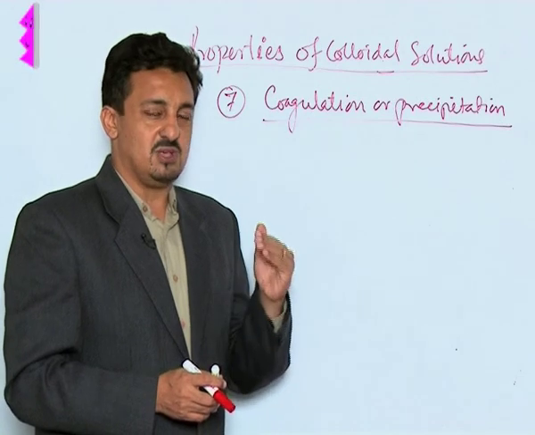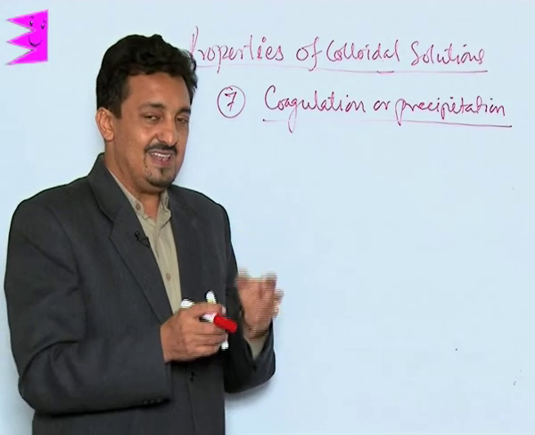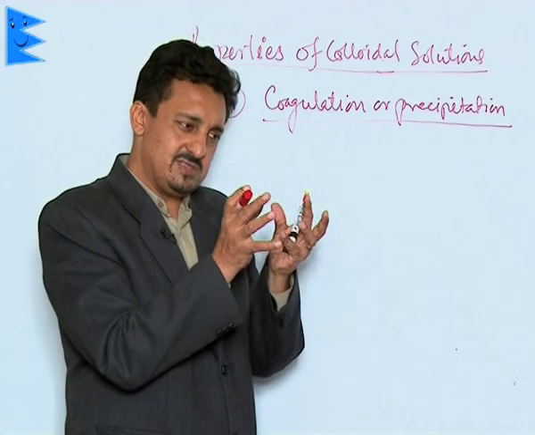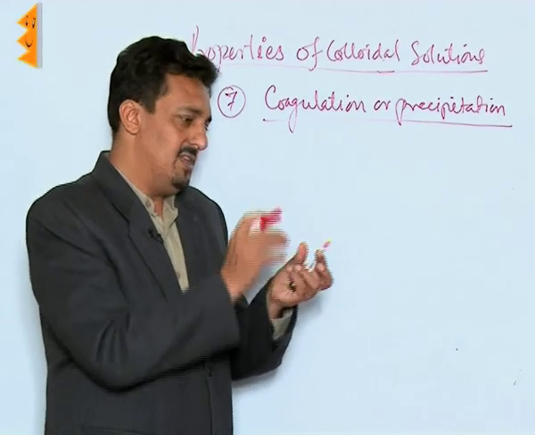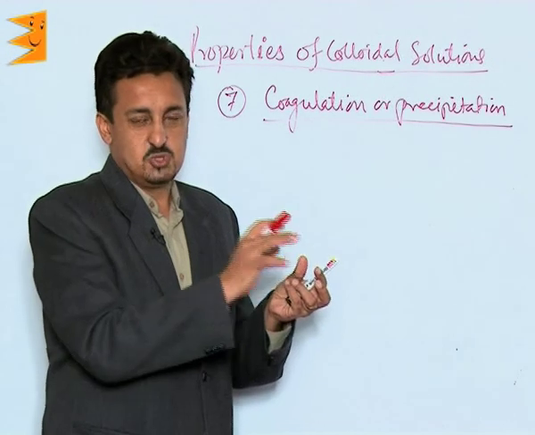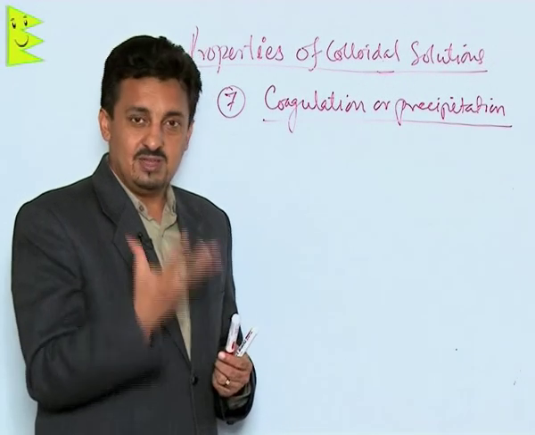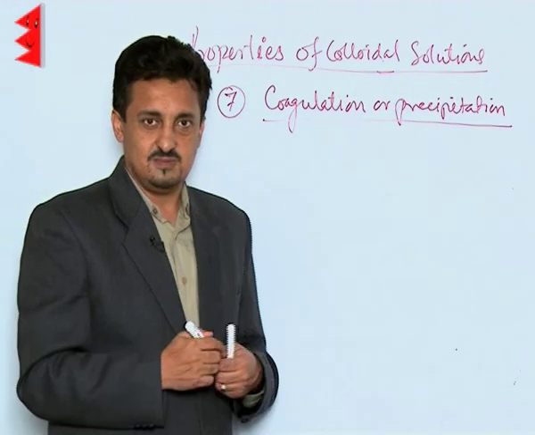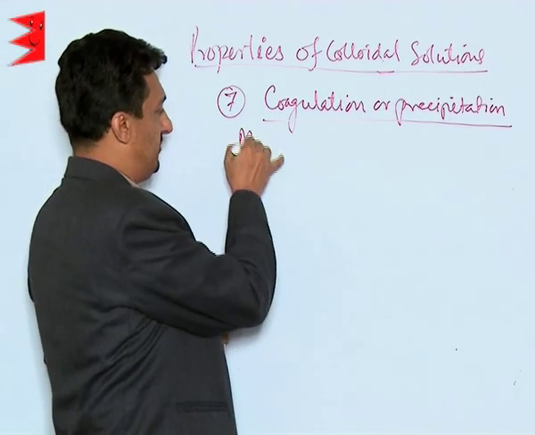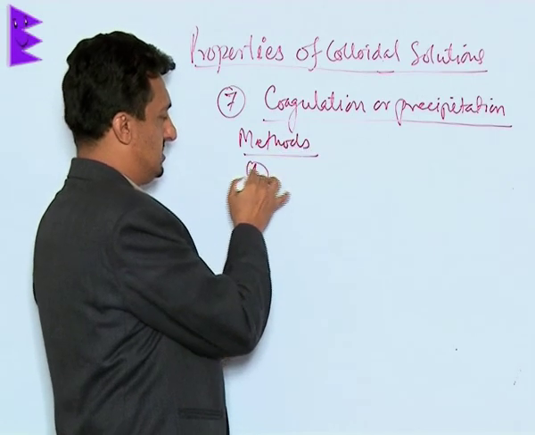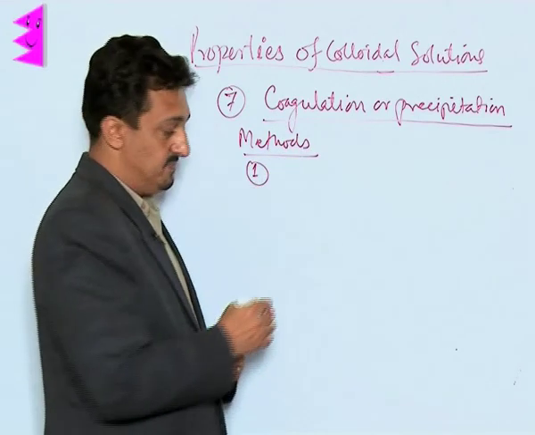Now this process of coagulation is basically happening and it leads to what? Whenever we find a colloidal system is unstable, it coagulates. It changes to precipitates. Now coagulation of a colloid can be done by various methods. A few of the methods of doing coagulation are discussed here. The first is by